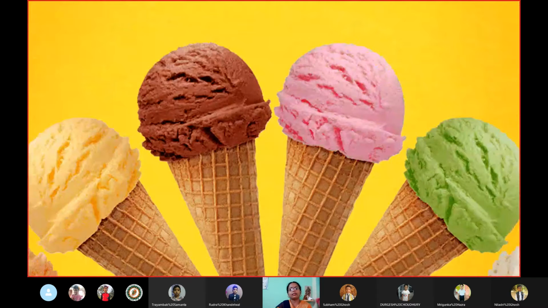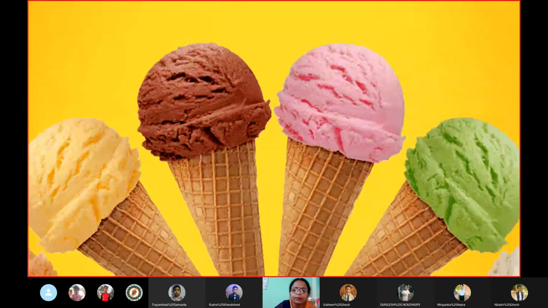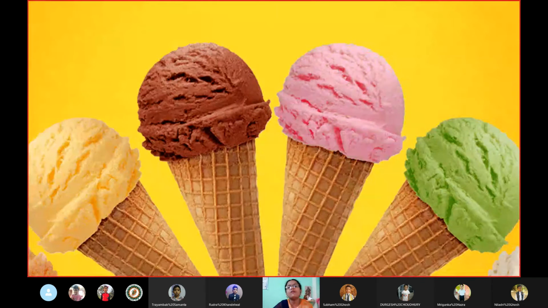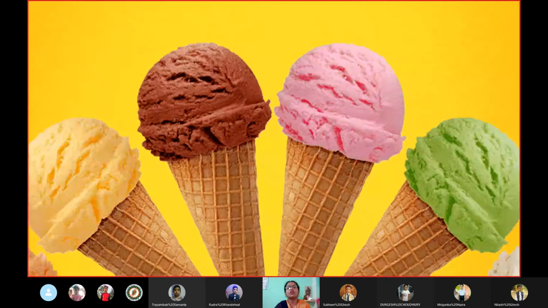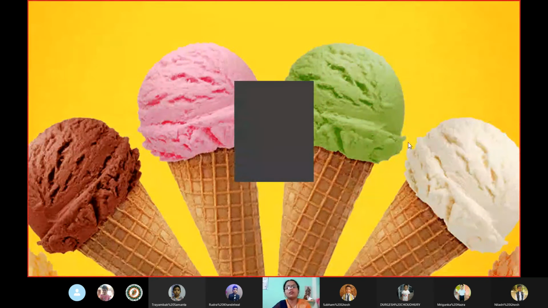And now it's the hot summer and we are having different flavors of ice creams before us. You can see the picture, yes. We are having 4 ice creams before us. One is of chocolate flavor, one is of strawberry flavor, one is of vanilla flavor, and one is of pista. Okay, badam pista. So these are the different flavors we are having.